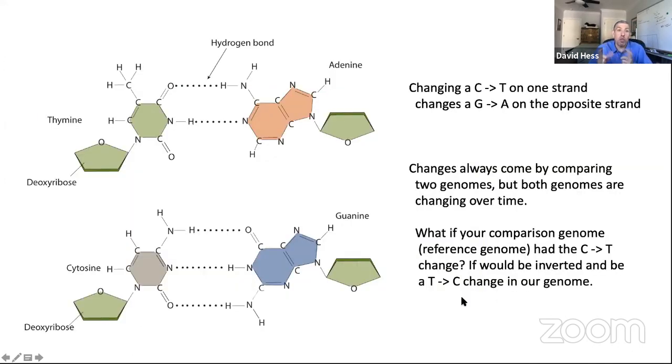And so how are the reverses also explained? A T changing to a C, that seems like the opposite, and the same in A to a G. Well, whenever we're looking at mutation, we can only determine if mutations happened by comparing 2 genomes. We have the genome, say our genome we're looking at, and then we're comparing it to some other genome, and we call that the reference genome. And so you're looking for a change, a difference between those 2. Well, if I'm comparing myself to, say, someone else that's on this live stream,